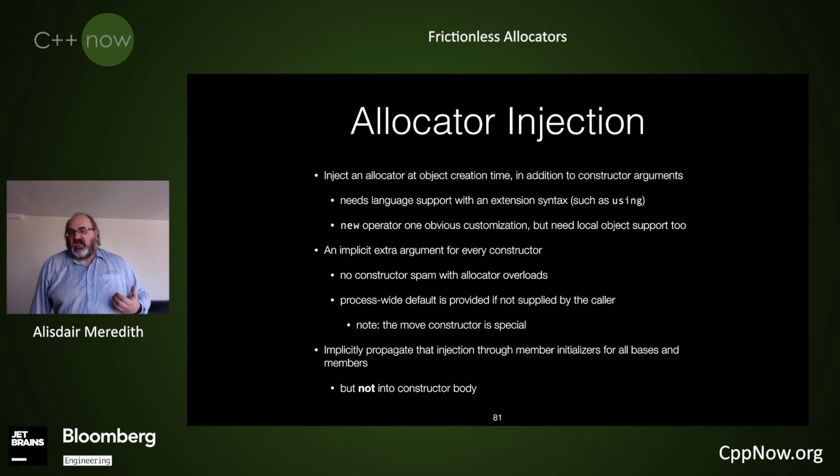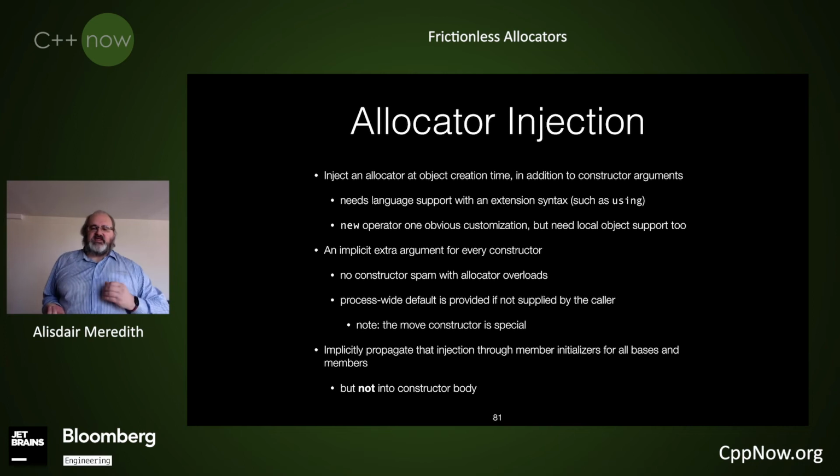So we have the principle I'm calling allocator injection now, which says that at the point I construct an object, that's the time to inject the allocator into the initialization, whatever the initializers are. That's the part that needs a language extension, such as the using support. New operator is another place that will obviously need something like this. You could imagine something like new with parentheses, like placement new with allocator, but perhaps the generalization of the syntax works better at the other end, just with using after the element that I'm constructing. So a couple of ideas for how that might work.